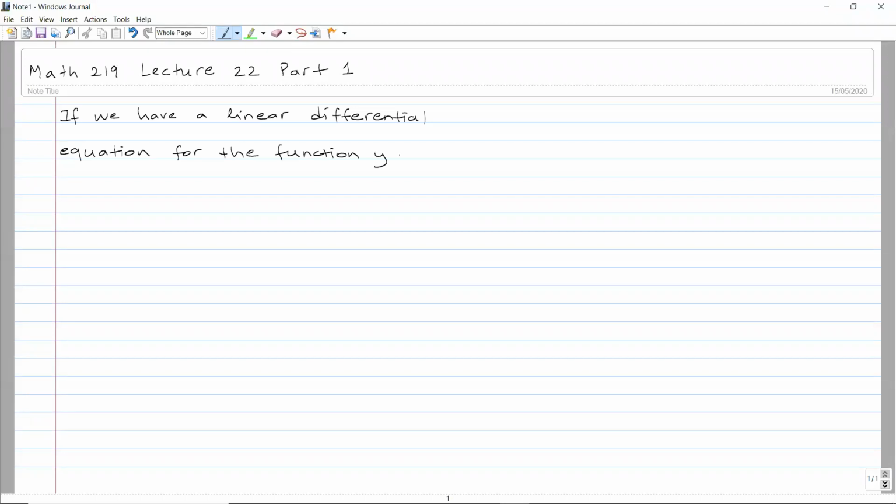And usually we denote the function by y and the independent variable, let's say t, with initial conditions. What we do is we can take the Laplace transform